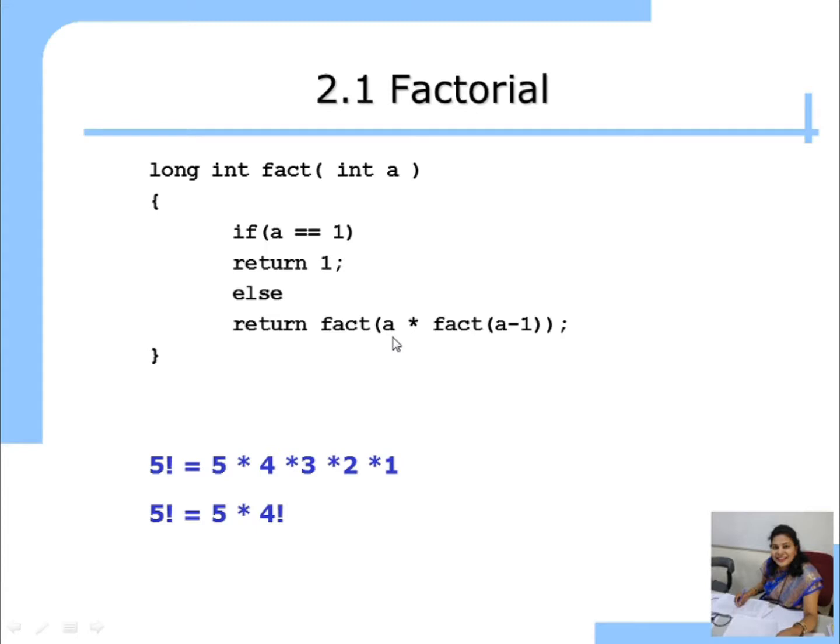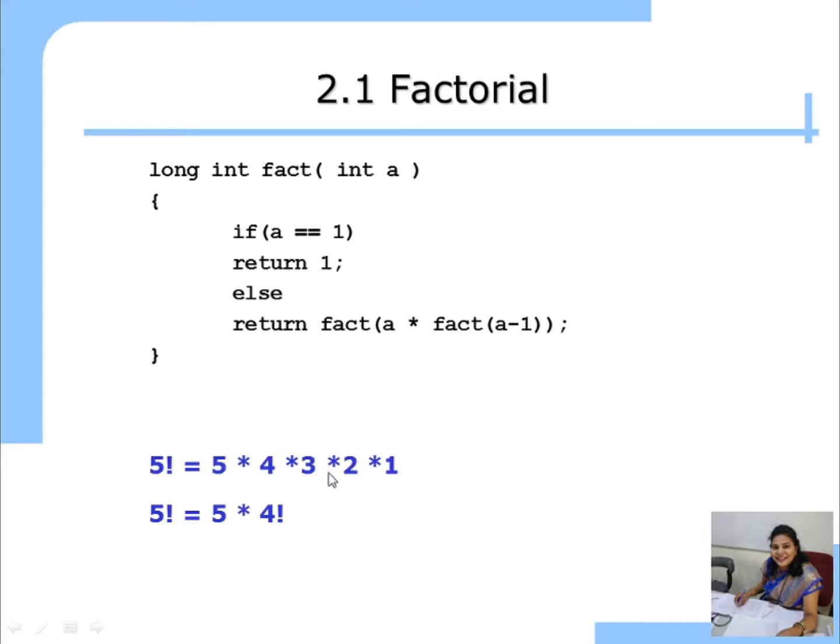See here, the value of 1 factorial is 1, this is universally fixed. So other than this, if your value is not 1, if it is more than 1, then you can calculate the factorial like this. Take an example, if your a is 4, so 4 factorial is nothing but 4 into (4 minus 1), 3 factorial. Okay. 3 factorial is nothing but 3 into 2 factorial. 2 factorial is nothing but 2 into 1 factorial.